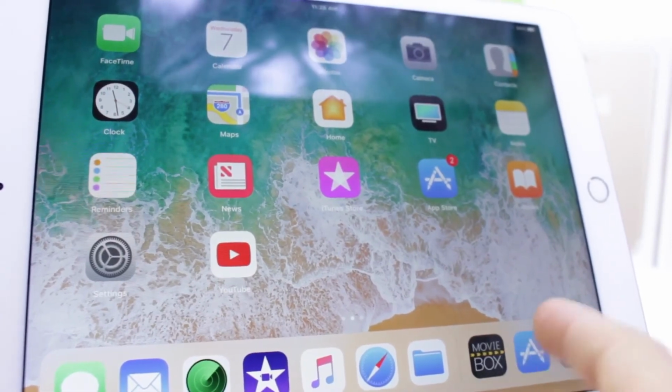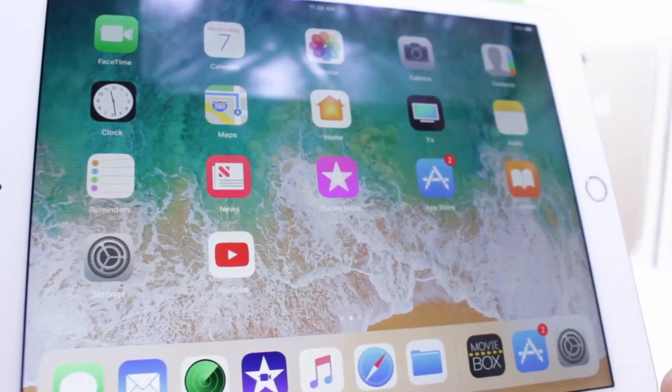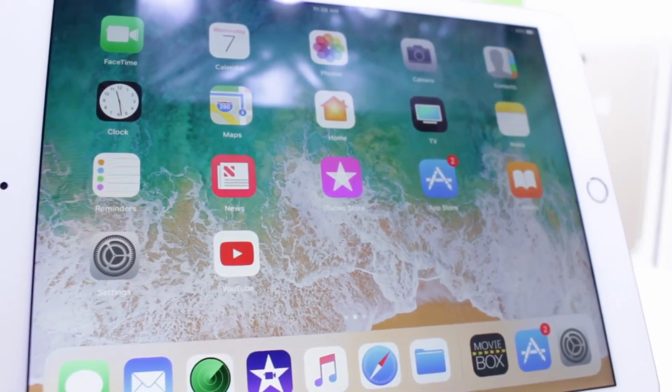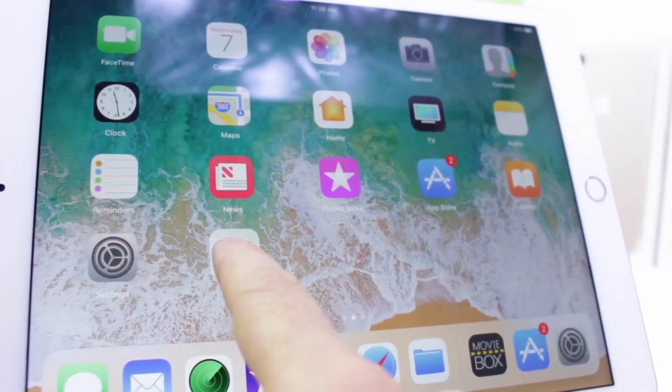As I mentioned, the dock here, you have the right part of the dock, which is going to be suggested apps and apps running on other devices, and on the left is your favorite apps, and you can place as many apps on the dock